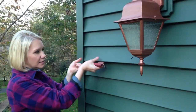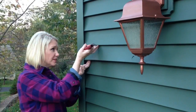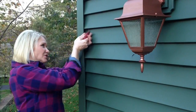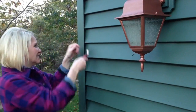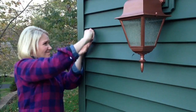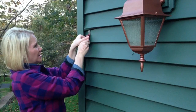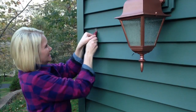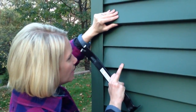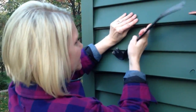Okay, once the bottom of the seam is popped out, you need to go to the top of this particular piece and pop that seam out as well. So I'm getting under here. Sometimes it takes a couple tries to get this. All right, you can see how it's loose here. Okay, once you get the top of it loose, you kind of tuck the siding up under, and you can see